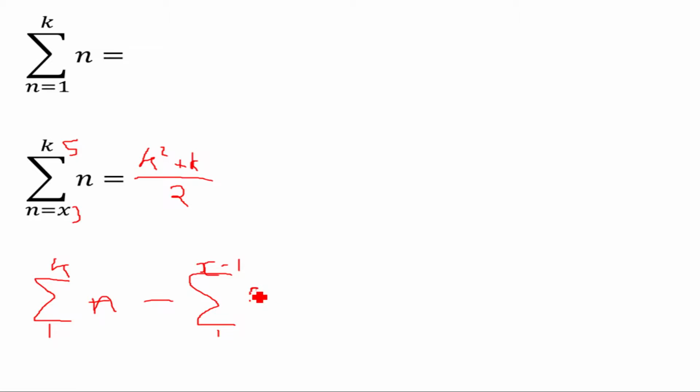And all you have to do is pretend that this, so you ignore this, and just pretend this is one of these. So then it will just be minus x minus 1 squared plus x minus 1. Also, x minus 1 squared